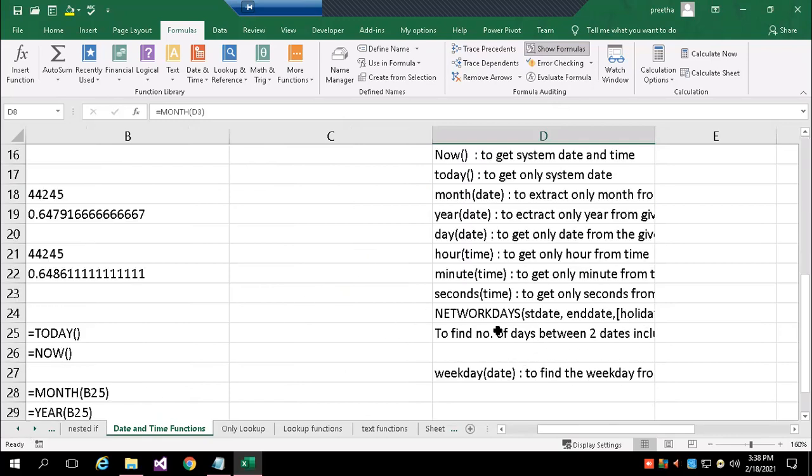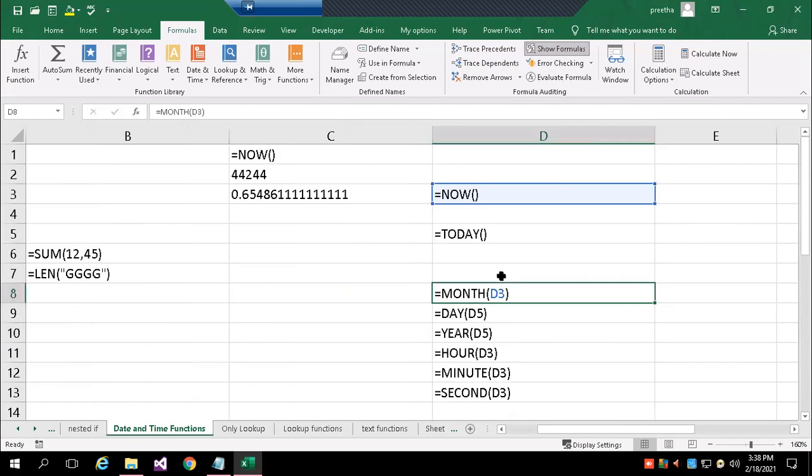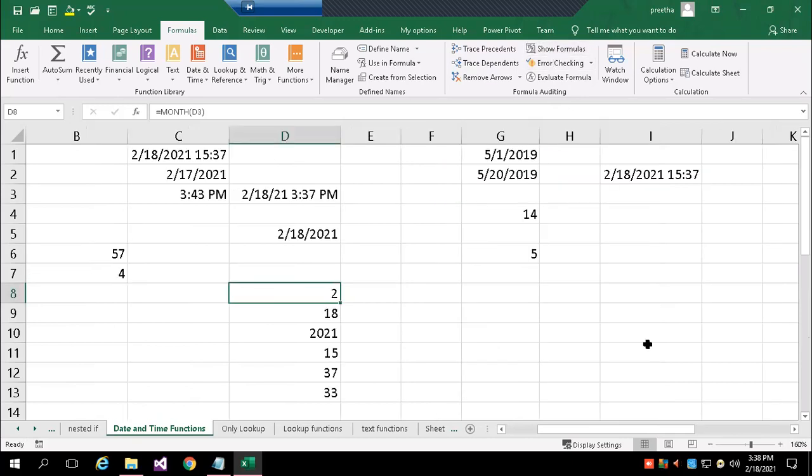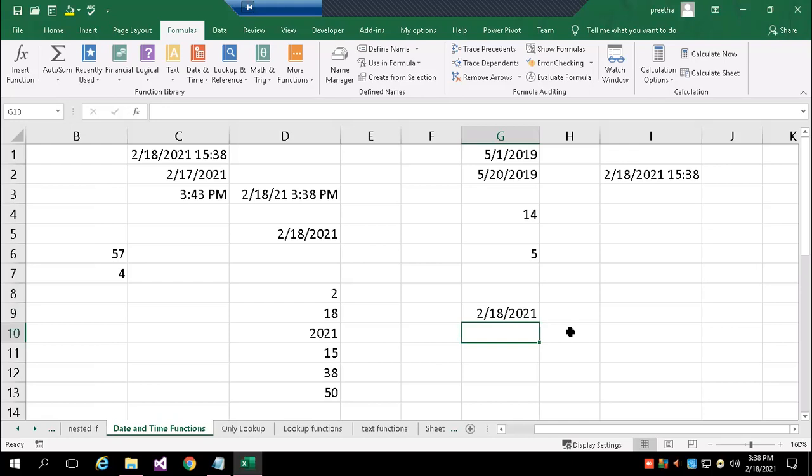So this is about date functions. For example, suppose the installment date is today, you assume, and we wanted to extend another 10 days.